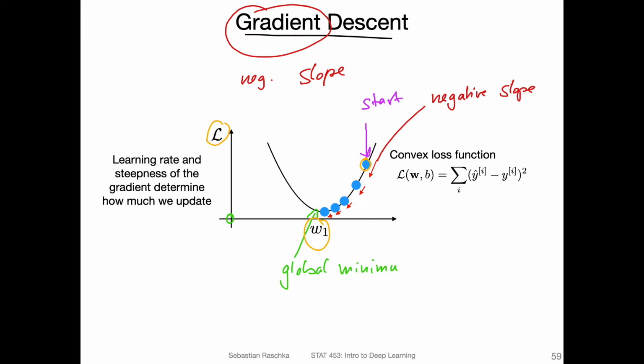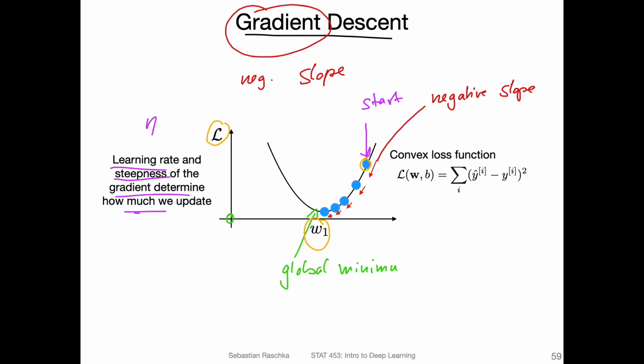So we can use this negative slope, or negative gradient, to guide the function downwards towards this global minimum. So we make small steps towards the global minimum, one step at a time. And for that, as I showed you, I think in the second video of this lecture, we had a so-called learning rate, eta. And so the learning rate eta, together with how steep it is, guides how much we update.